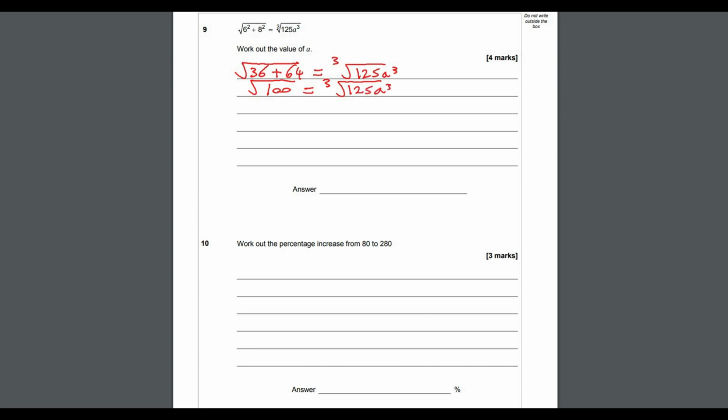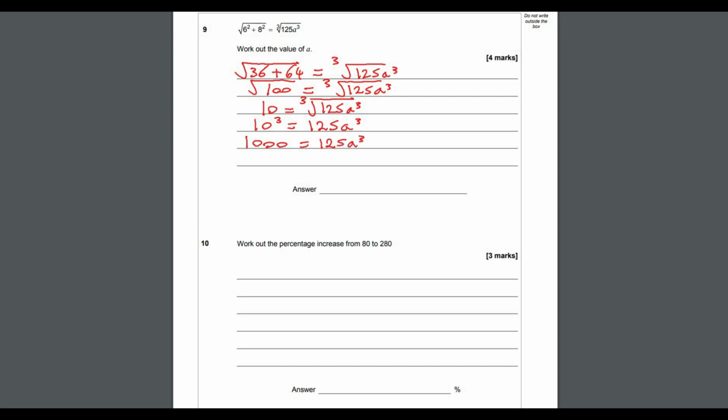The square root of 100 is 10. So 10 equals the cube root of 125a cubed. Now, the opposite of cube rooting something is cubing it. So we're going to cube both sides of the equation. So now we will have 10 cubed equals 125a cubed, okay? And 10 cubed is just 10 times 10 times 10, which is 1,000. So 1,000 equals